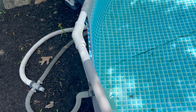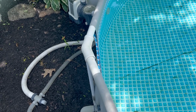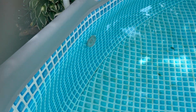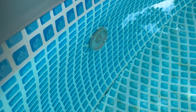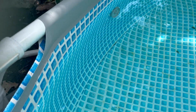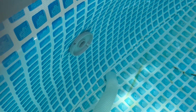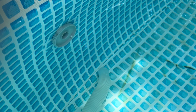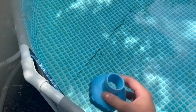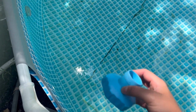Now, another thing that I've done to aid in the effectiveness of this is, if you can see here on this inlet, it has the screen built into it. I actually, before I filled up the pool this year, took this inlet out and I used a Dremel and cut away that screen. Only because I found last year when I was using the vacuum with this adapter that